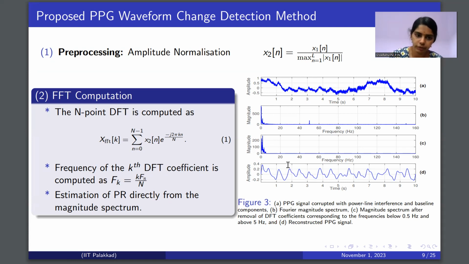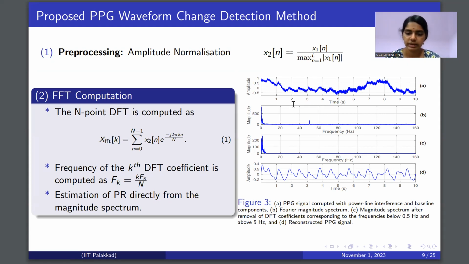And together, in this step, we are also finding the pulse rate using the dominant spectral peak. That is, we are finding the pulse rate using the FFT and the dominant spectral peak that we can estimate from the FFT. On the right, we can see a PPG signal which is corrected for power line interference and baseline components. As you can see in figure B, which is the FFT spectrum of the signal in figure A,